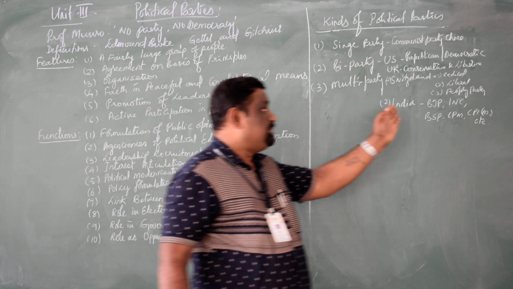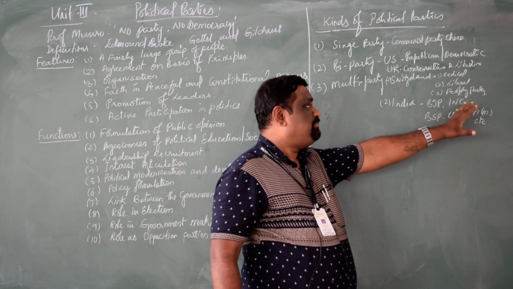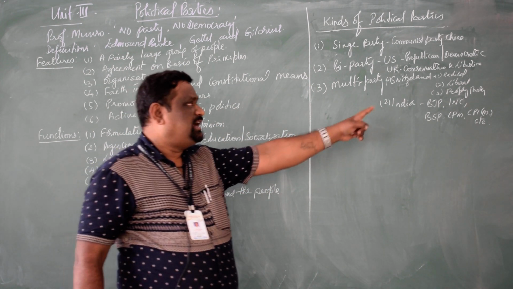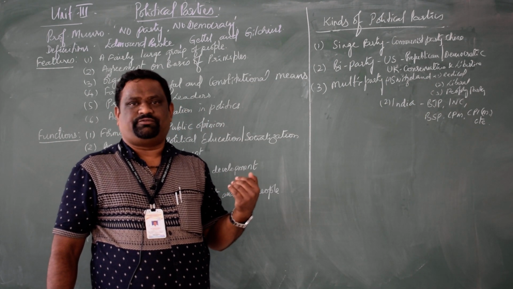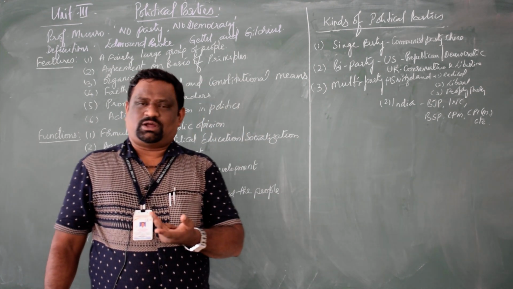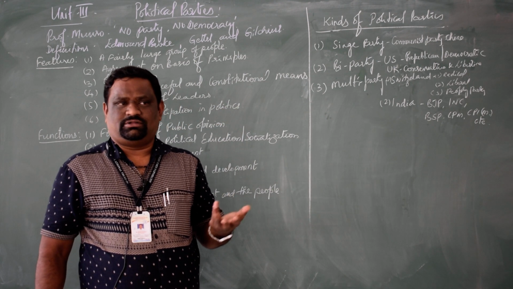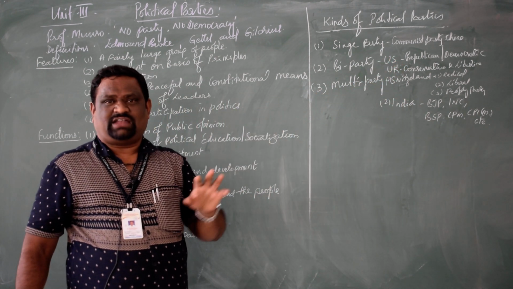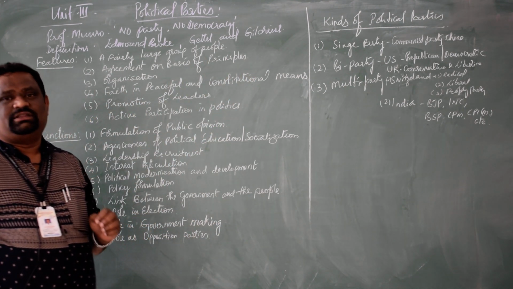When it comes to the multi-party example, I cannot take the example of regional and state parties, I would just like to give the examples of the national level parties, that is Bharatiya Janata Party, Indian National Congress, Bharatiya Samaj Party, Communist Party of India, Communist Party of India Marxist, Trinamool Congress, TDP, that is Telugu Desam Party, YSR Congress, Anna DMK, DMK, Akali Shiromani Dal, and many others are the parties of this country. So these are the three types or kinds of the political parties. I think this is the right example for the political parties.